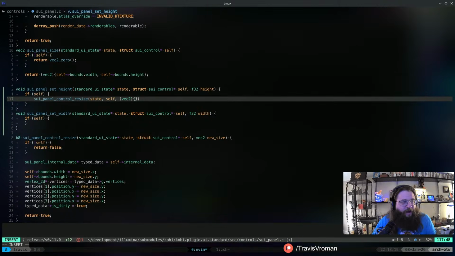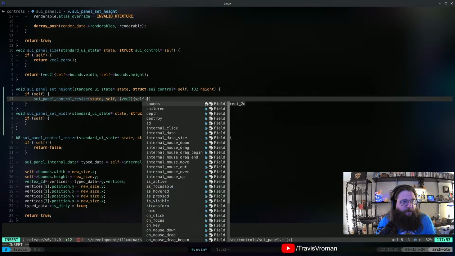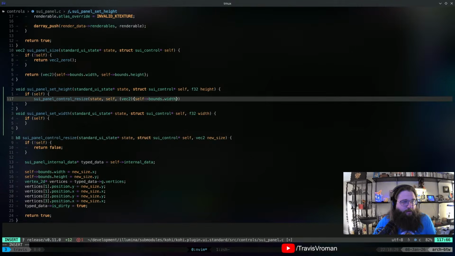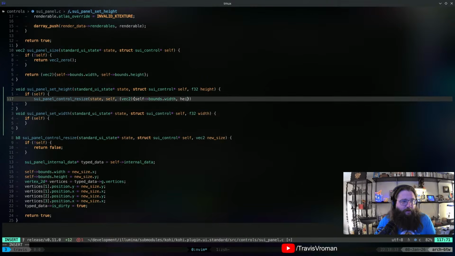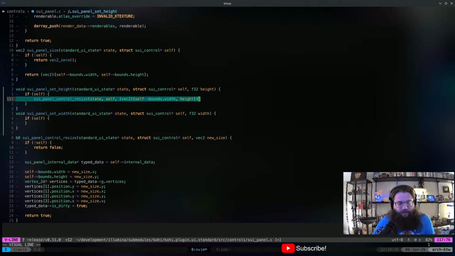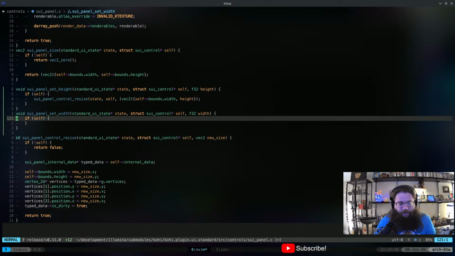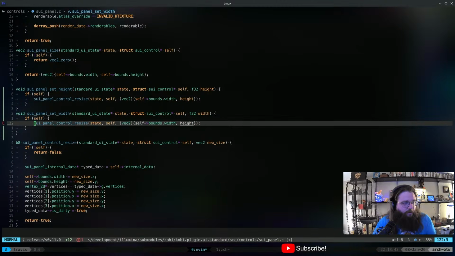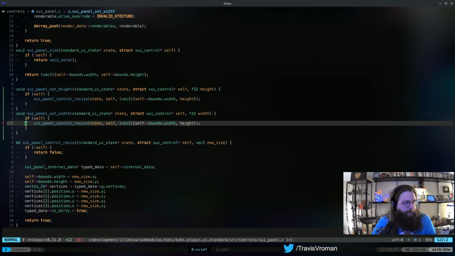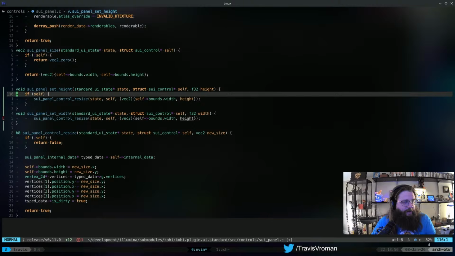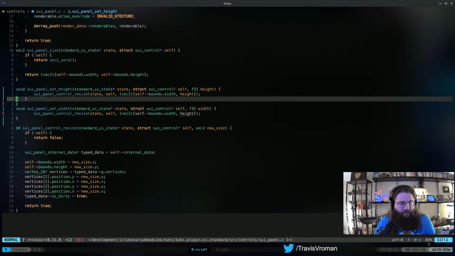So for height, we just want to take the existing width, right? So self bounds width, and then we want to take height. There we go. And then for width, since we're checking self here, we can actually just eliminate that check from this too.